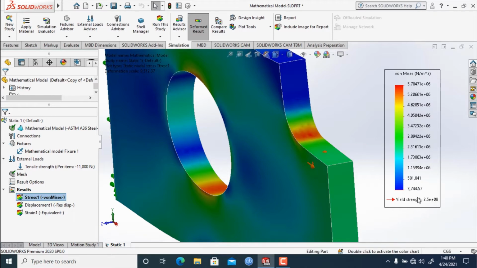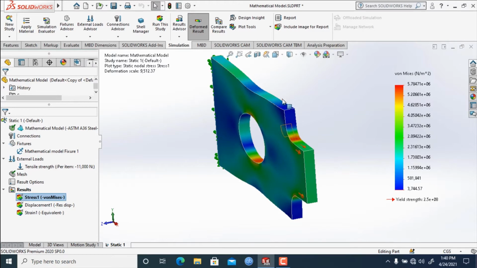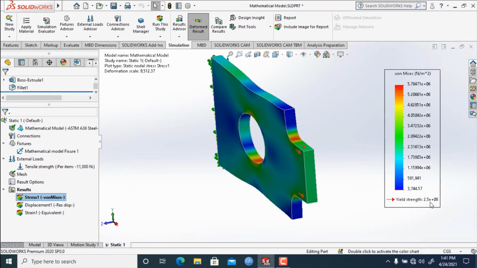The maximum yield strength of this mathematical model, for the material we have applied and the dimension we have chosen, is 2.5 into 10 to the power 8 Newton per meter square.